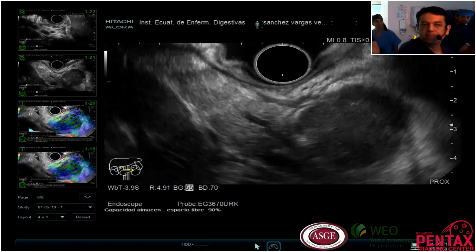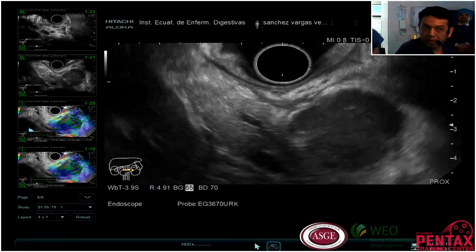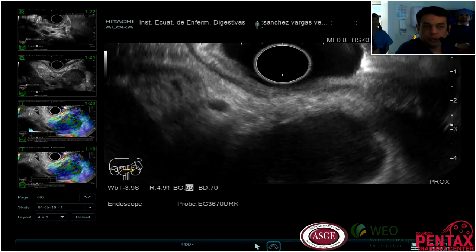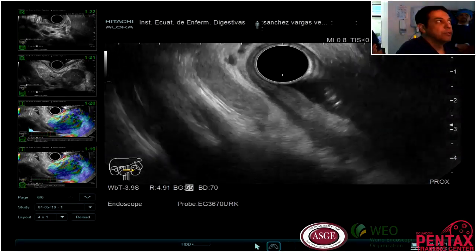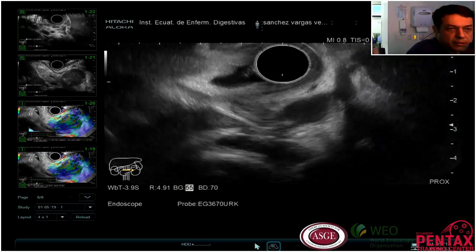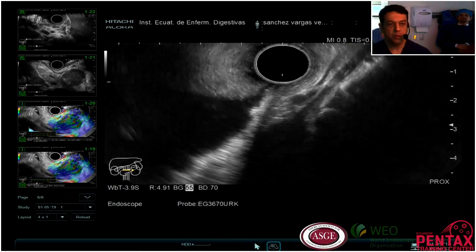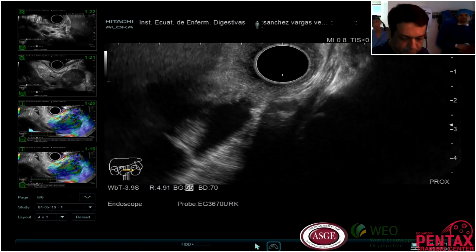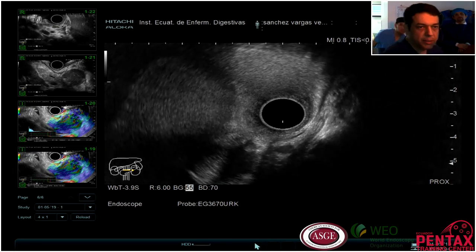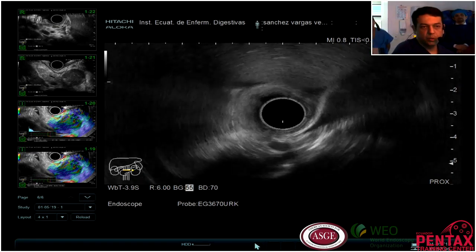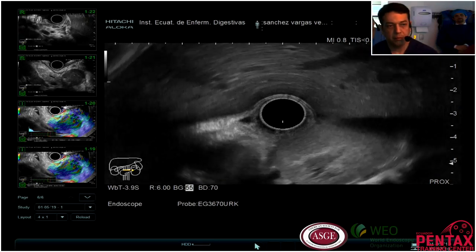The other differential diagnosis that we need to apply, because we are not so sure of the history of this patient, is that this patient could have a mass, and this mass could be a papillary tumor.